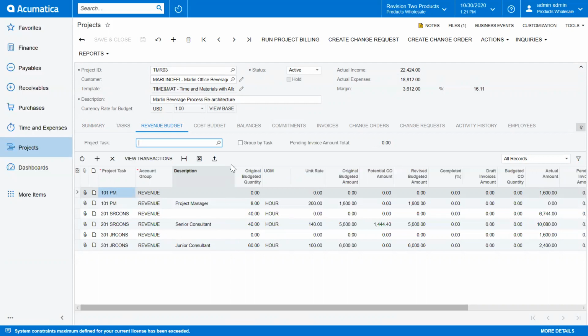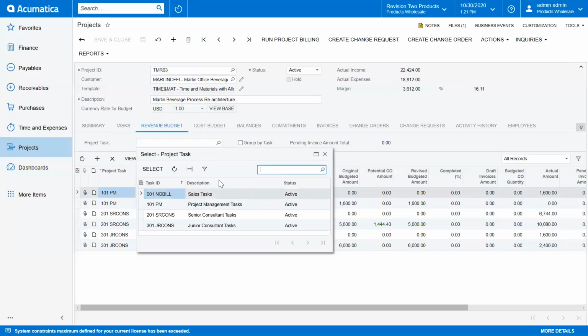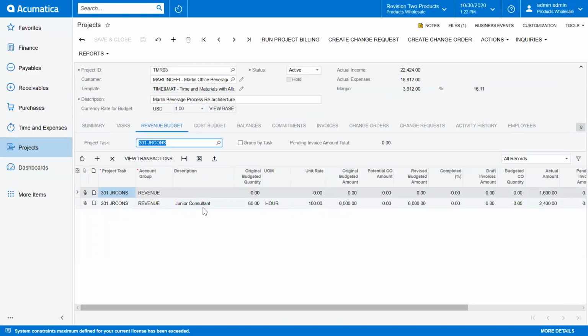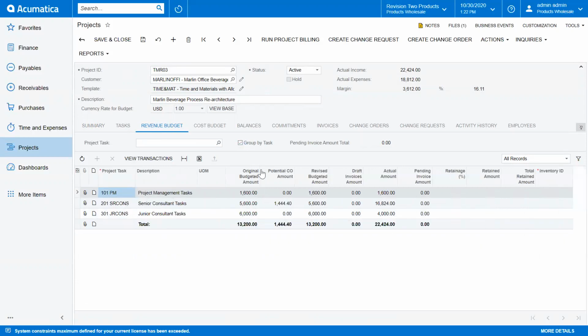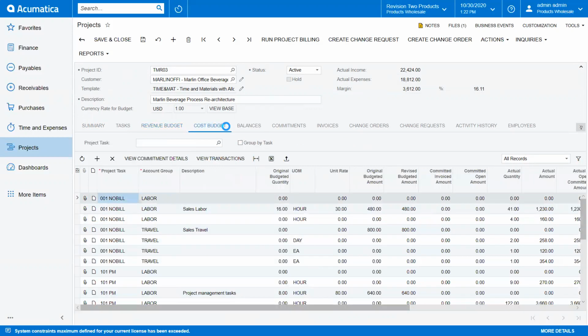Now, here, the other thing I want to point out is the ability to summarize. Okay, and I'll probably show you that. Let's take a quick look. If I want to say only junior consultant tasks, all right, there's my junior consultant tasks. Or if I wanted to, I could zero that out and then just group by task altogether. So now it's going to mark that, and it's going to summarize my different tasks. And again, that's very helpful on the cost budget tab as well,